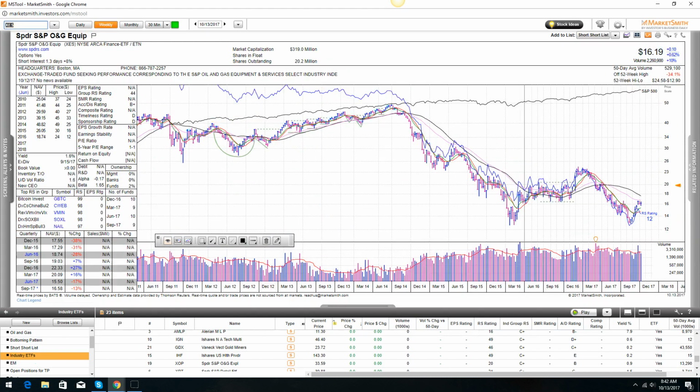I don't know if the fundamentals match it. To me, it doesn't matter right now, but it's so oversold. This is just a major downtrend, and I was listening to Greg Schnell at StockCharts, and he made a really good point about why he thinks the oil stocks can go higher. After the major top in oil was 100, and then it went down to 28 or something like that,